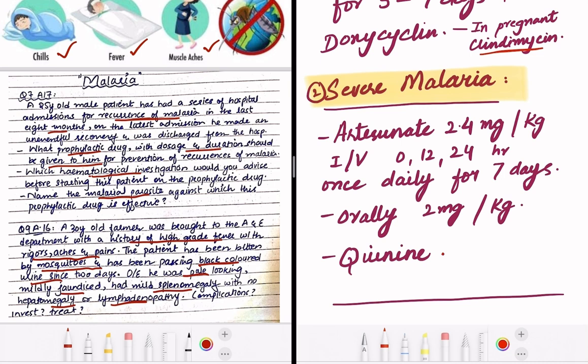Remember, whenever there is a discussion of cerebral brain damage or symptoms of coma, delirium, unconsciousness, or there is a history of black urine, then we can differentiate the scenario. This is Plasmodium falciparum. Plasmodium falciparum is different from the other species, and that's why it is asked more in the exams as compared to the others. Here we have completed our topic. If any questions, you can